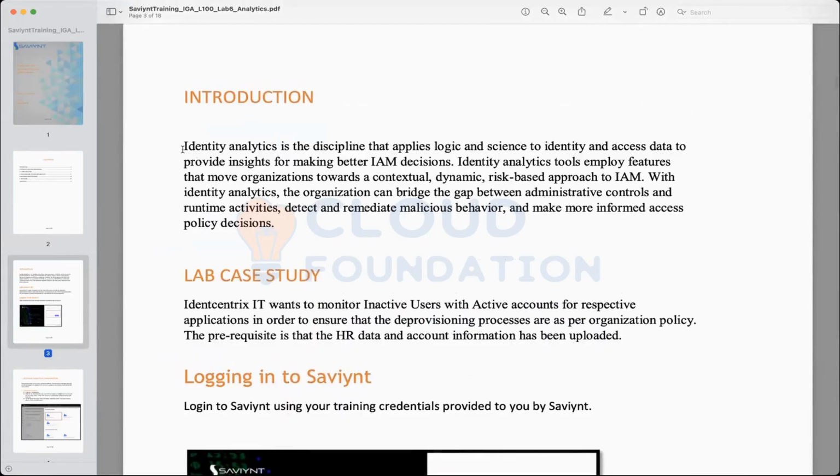Identity analytics is a discipline that applies logic and science to identity access data to provide insights for making better IAM decisions. This is the major part, where we want to make sense of how our system is running.